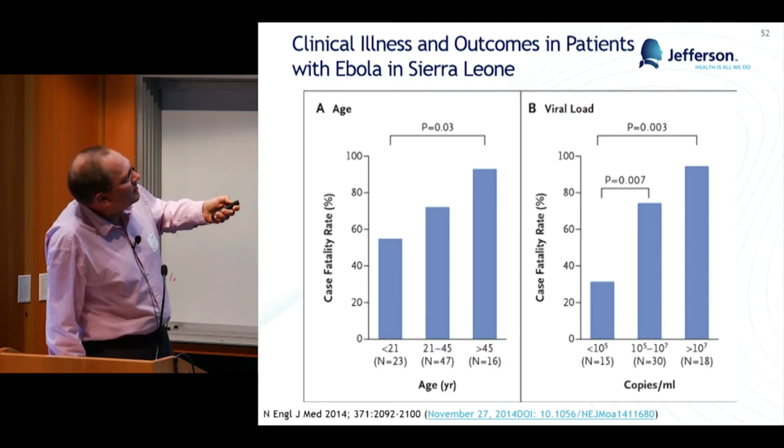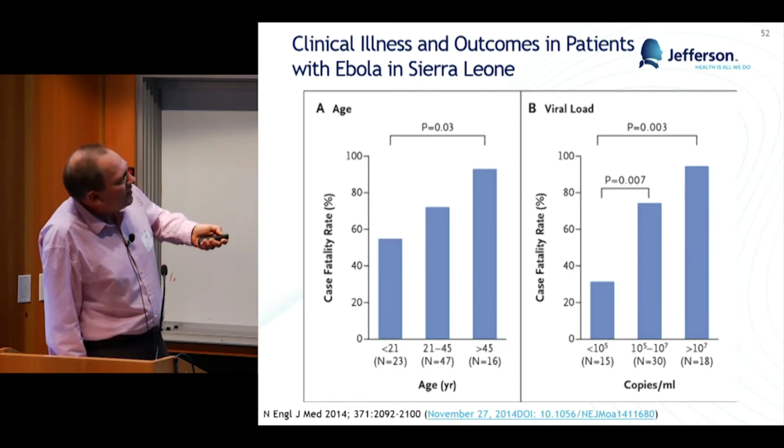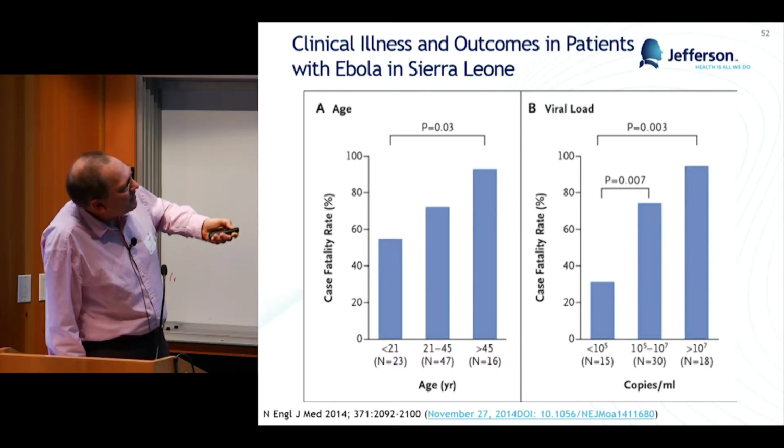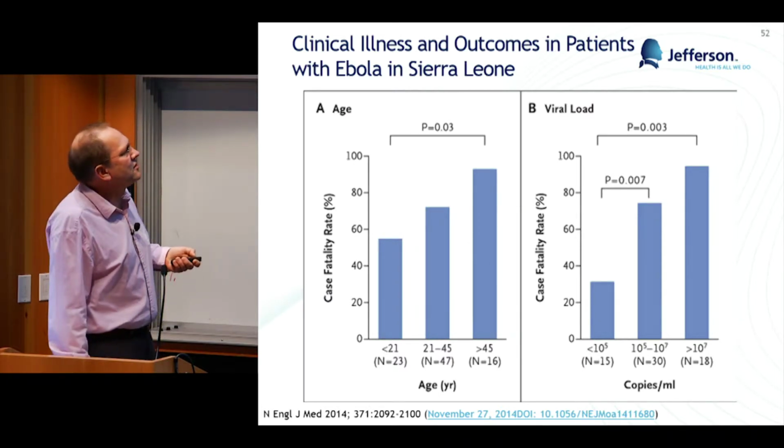These viral loads are from human, and you see survival rate from about 30% if you never detect a titer higher than 10 to the 5th, and a really high death rate if the virus goes higher, and that's pretty much what you see in non-human primates too.